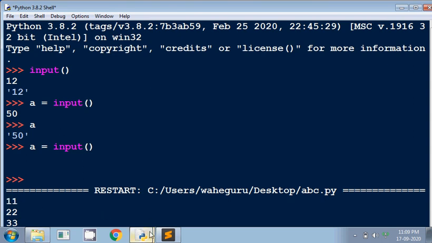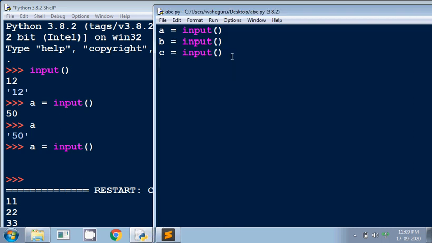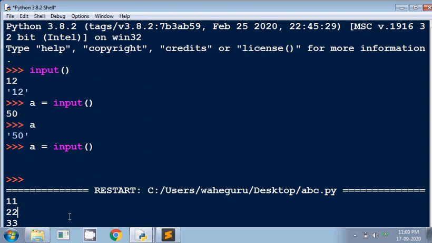Since we have this particular code with us, we can use the code and guess that the first value will get assigned to the variable a, second to the variable b, third to the variable c. But if I just give you the program, then you are not in a position to determine for which variable you are giving the input.